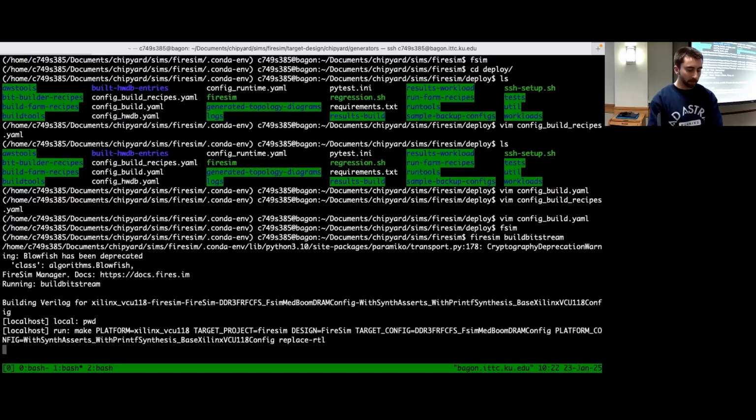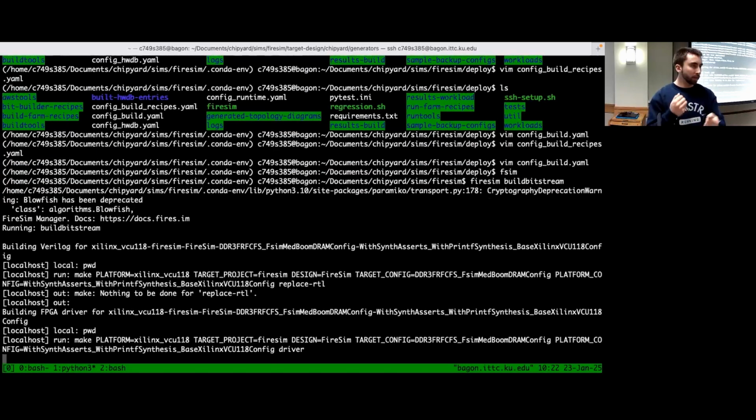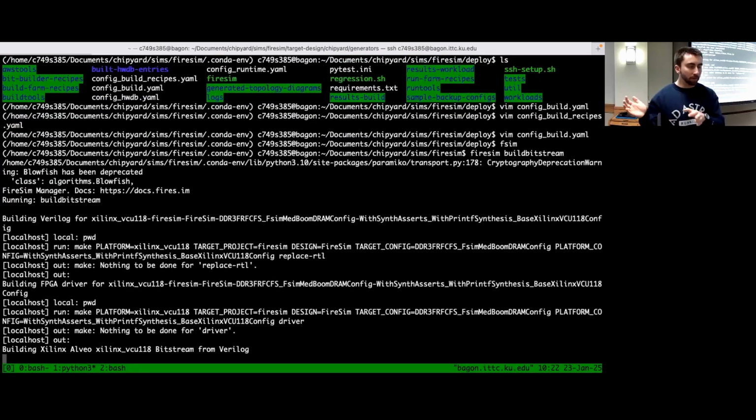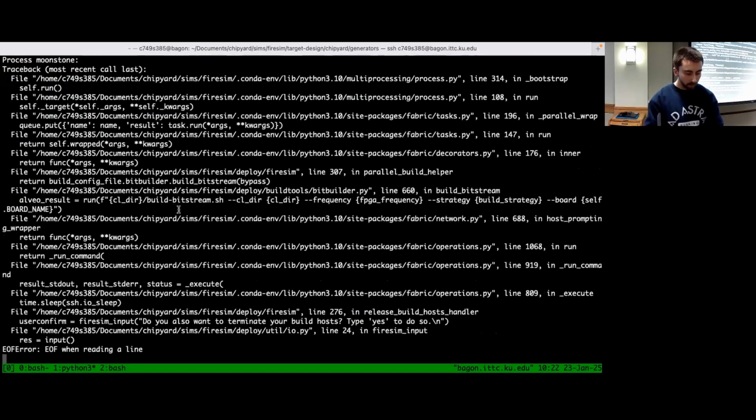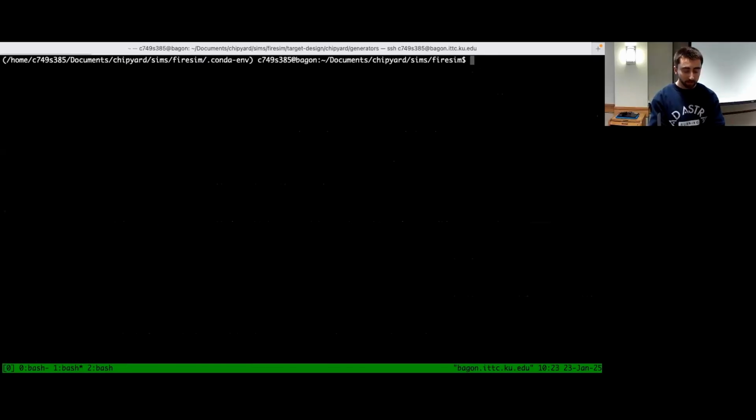You run this. I'm not going to run through the whole thing because it takes 4 hours, but this will compile the code, send it over to the build farm, synthesize it, and then it'll give you a bitstream back, and it handles all of the file structuring and everything for you. And to show what you're going to get back from that, if you go into